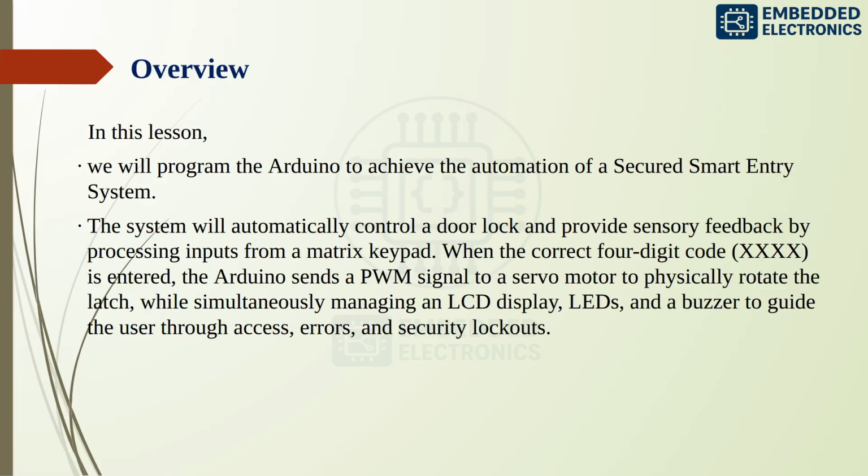Here is the overview. In this lesson we will program the Arduino to achieve the automation of a secured smart entry system. The system will automatically control a door lock and provide sensory feedback by processing inputs from a matrix keypad. When the correct 4-digit code is entered, the Arduino sends a PWM signal to a servo motor to physically rotate the latch, while simultaneously managing an LCD display, LEDs, and a buzzer to guide the user through access,